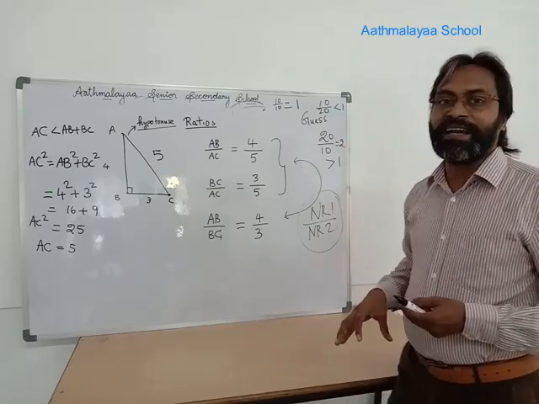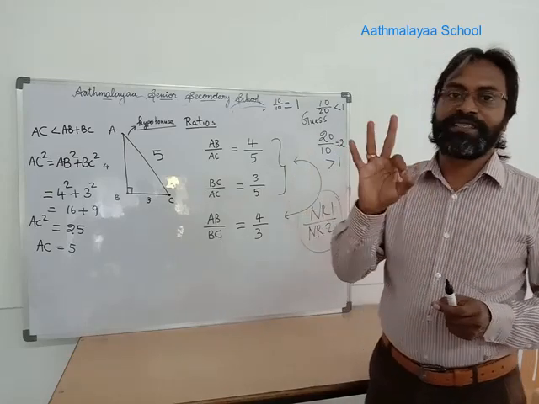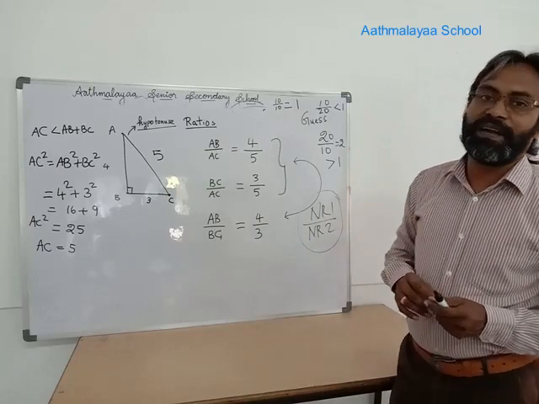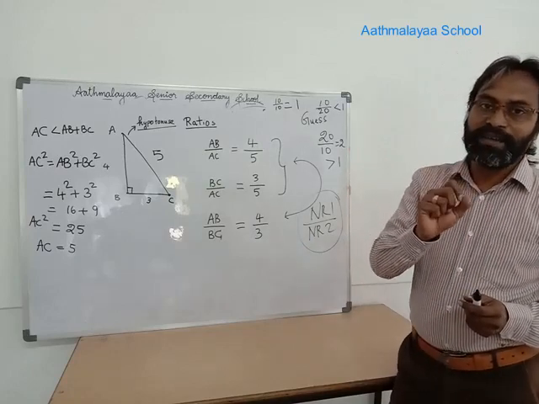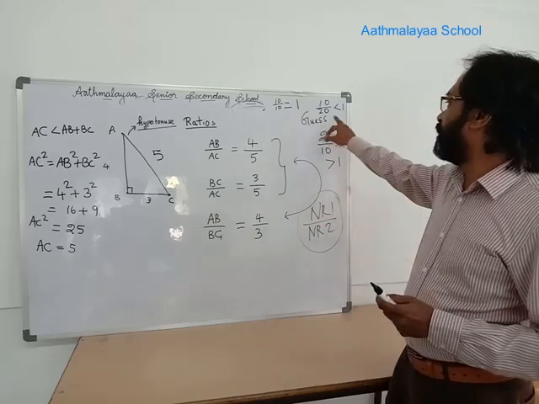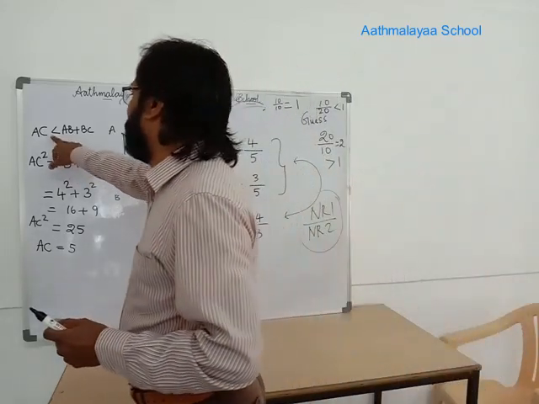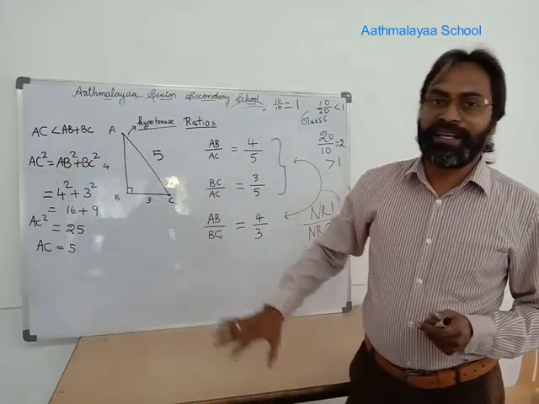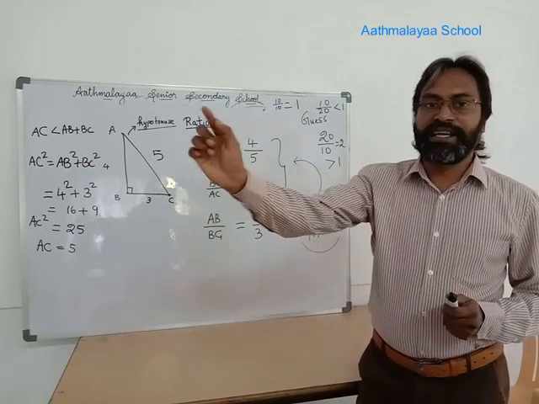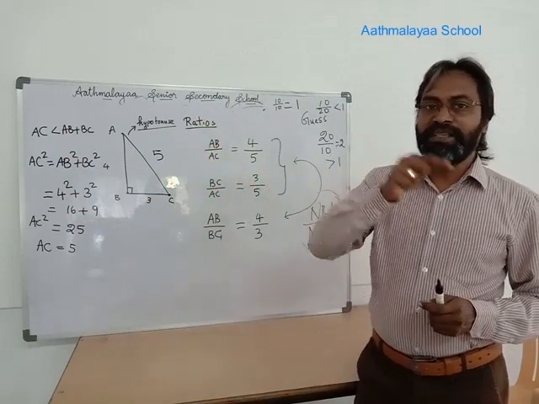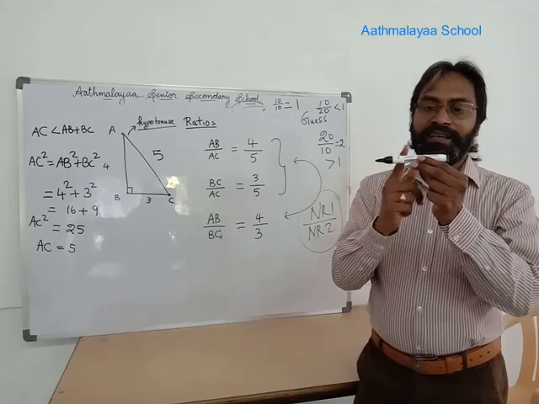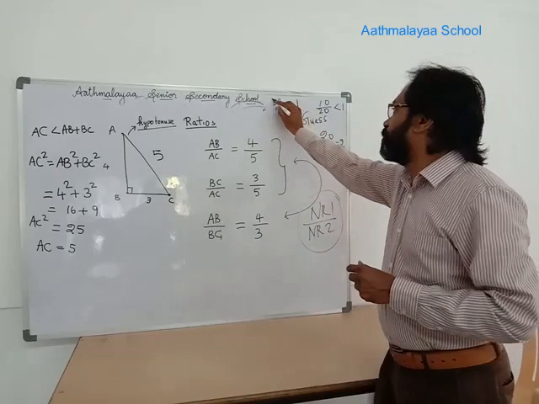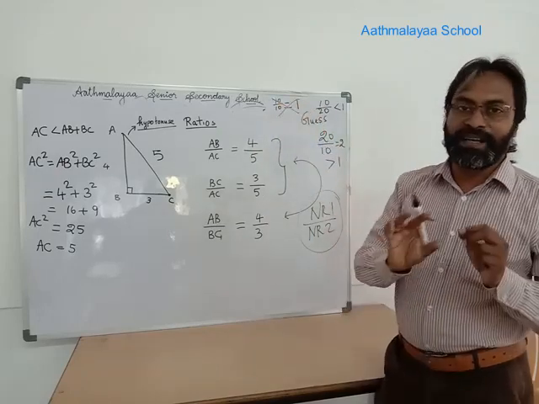So in a triangle we will not have all the three possibilities. Why? Because no side has got the equal sign. That is, AC equal to AB plus BC is not possible in a triangle. It is possible only along a straight line. That is, when A, B and C lie along a straight line, then we will have the equality case. So this equality case we will not come across under any triangle.